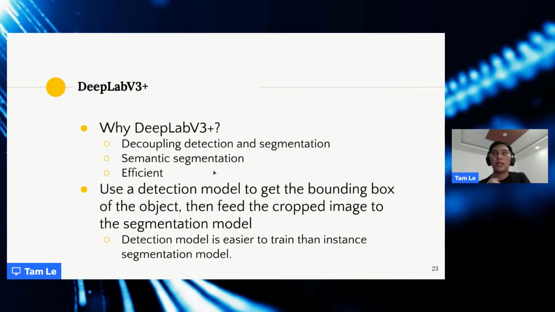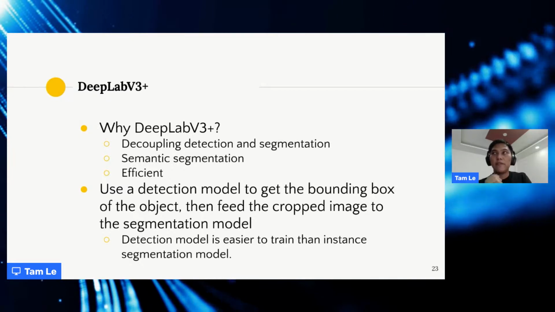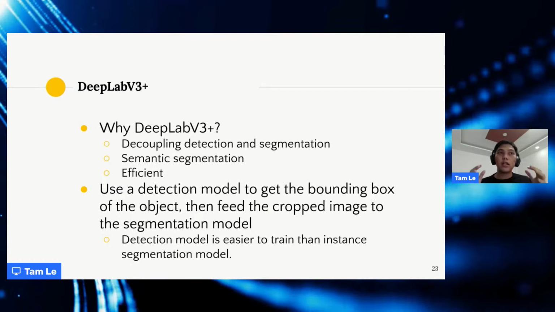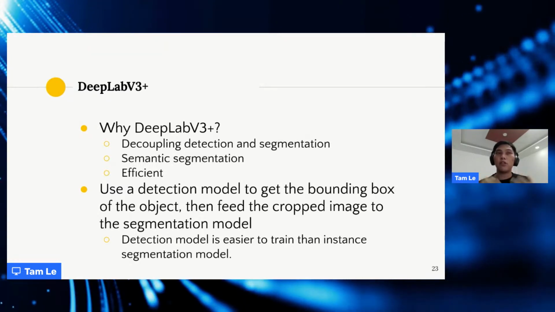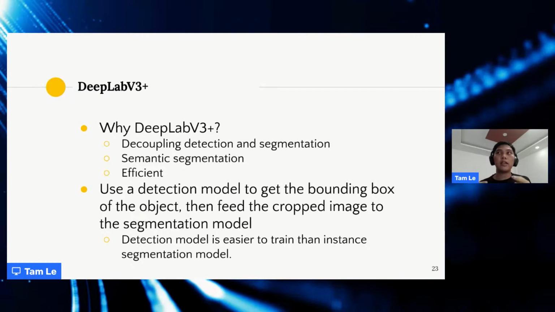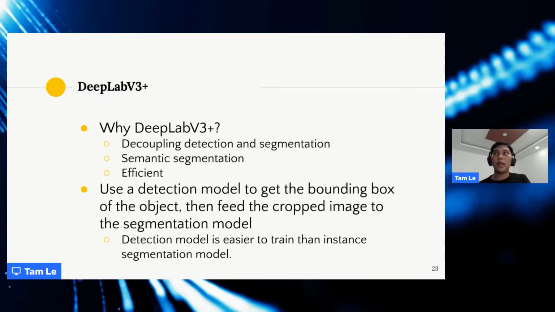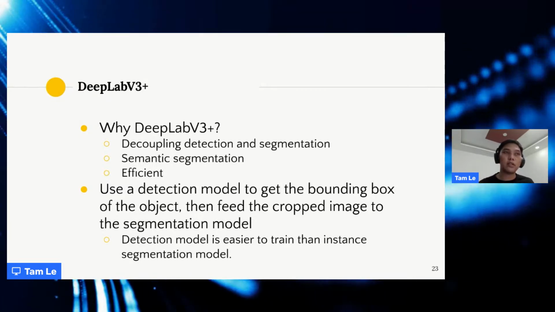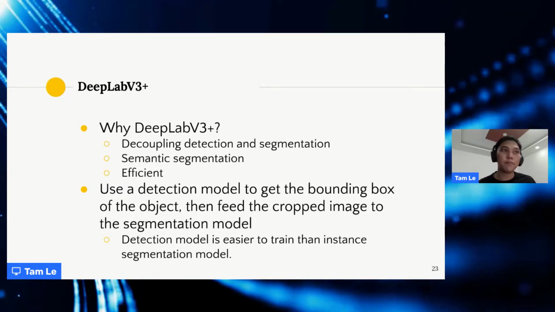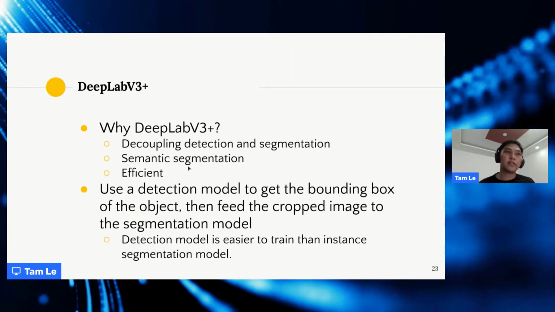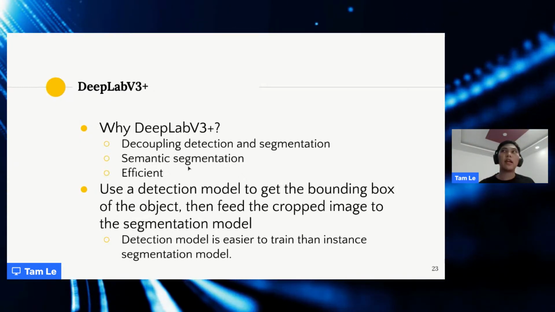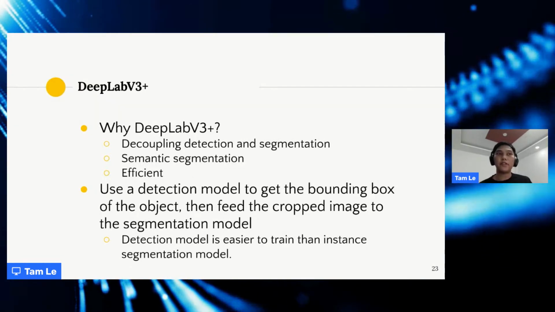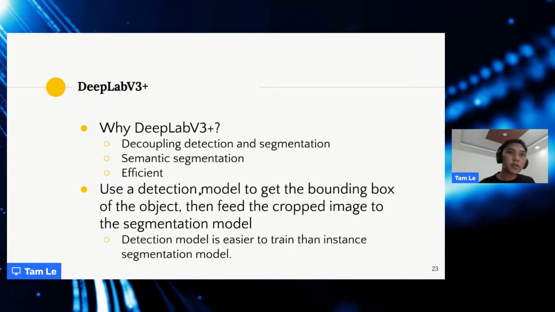Usually for semantic segmentation, you want to achieve pixel level accuracy. So this kind of model is designed to achieve pixel level accuracy, so they are likely to have better results compared to instance segmentation ones. And the last one is it's very efficient. Not efficient enough to run on edge devices, but very efficient if you run on the CPU.